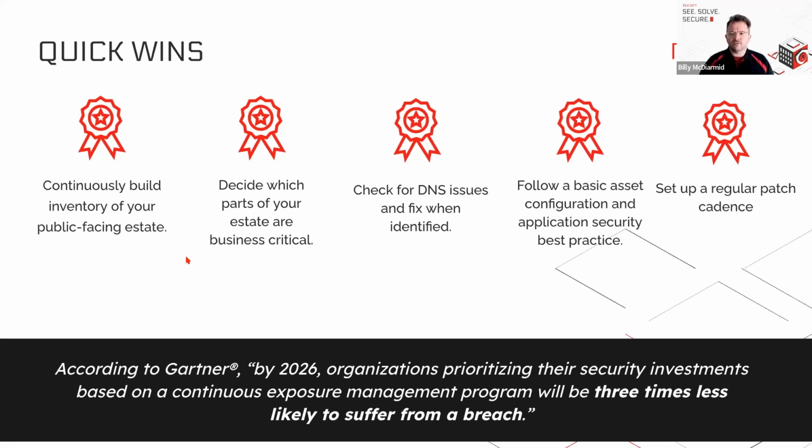Ultimately, you have to look at this pragmatically. It's going to be impossible for you to fix every single configuration problem that exists on your estate. There's too many assets. There's too many teams who are deploying services onto the public-facing internet. There's too many teams who aren't cleaning up behind them. There's too many certificates that are getting issued without actually being deployed correctly. That just creates a lot of noise and a lot of work that you and your team are going to struggle to cope with. So you need to focus on what's critical and what's really, really important, whilst also having